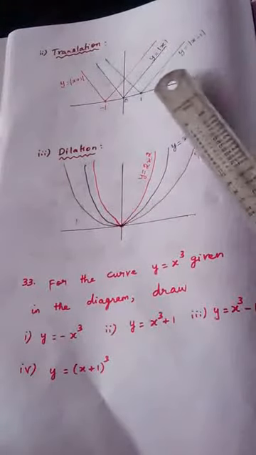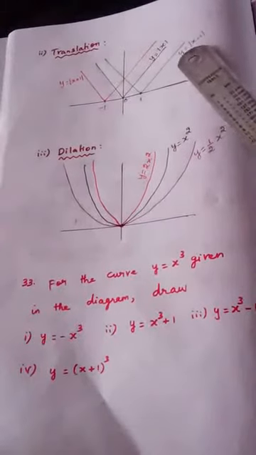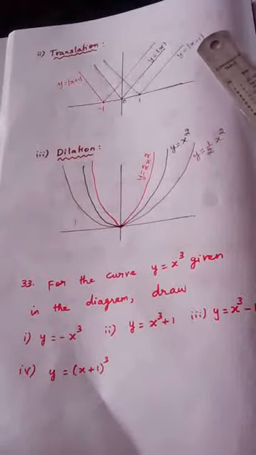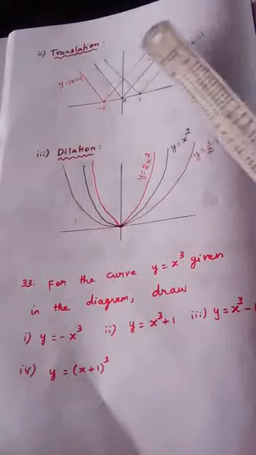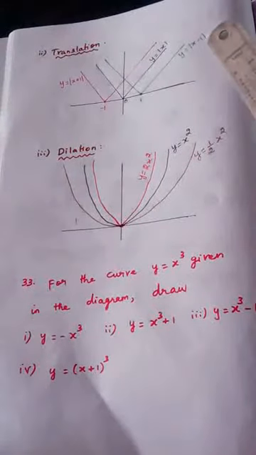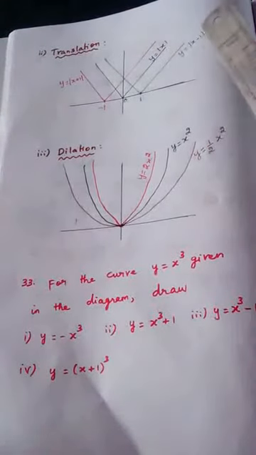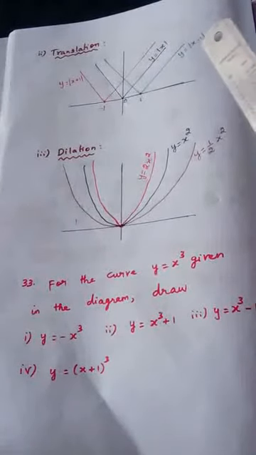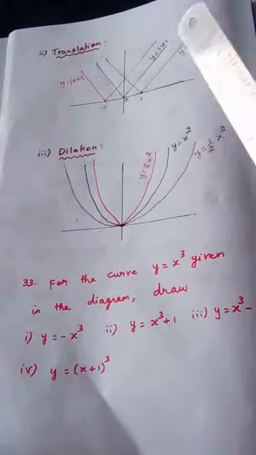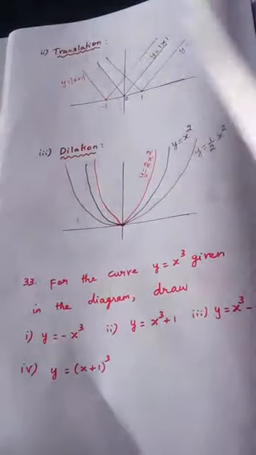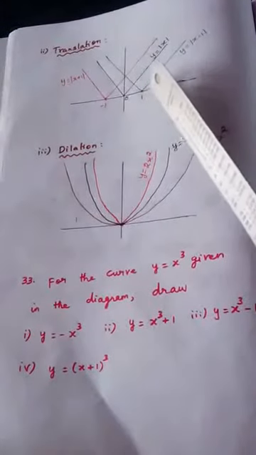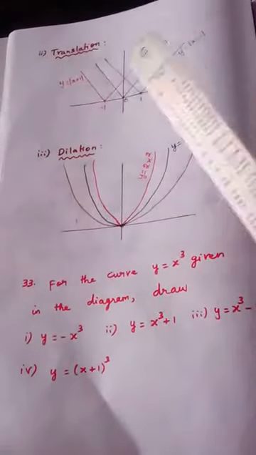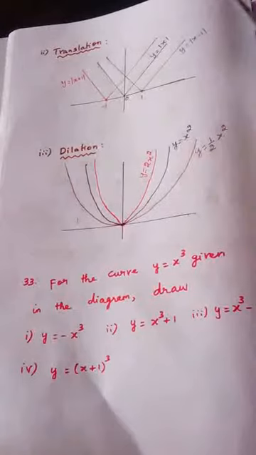If you see the green color, the equation is given like this: y is equal to modulus of x minus 1. The meaning is, if you see the two curves, the difference is only minus 1. Here y equal to modulus x, and here also modulus is present, but in place of x we have x minus 1. If it is like this, the diagram has to be translated. It has to be moved 1 unit to the right hand side.